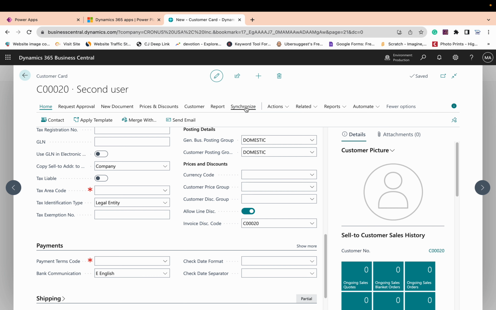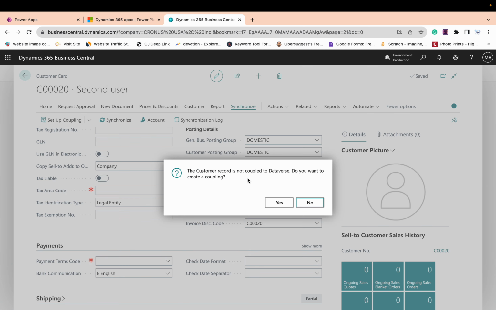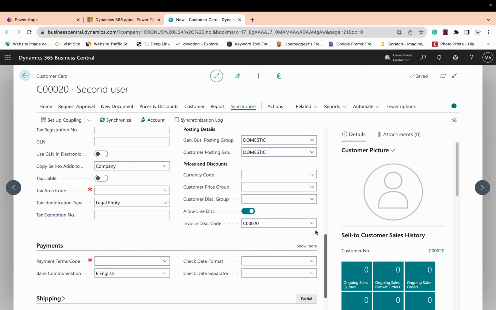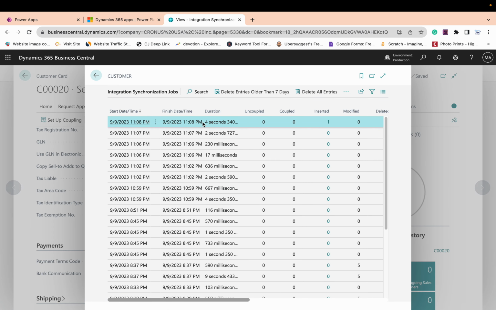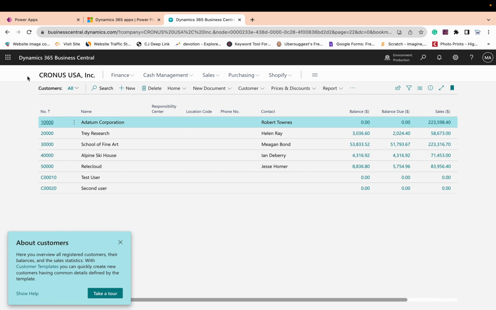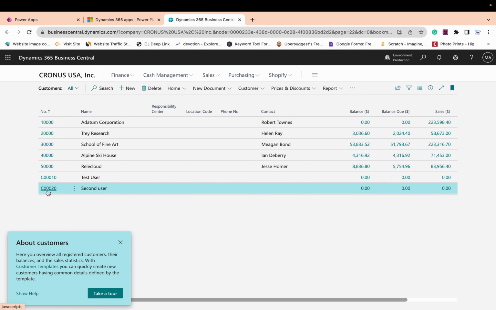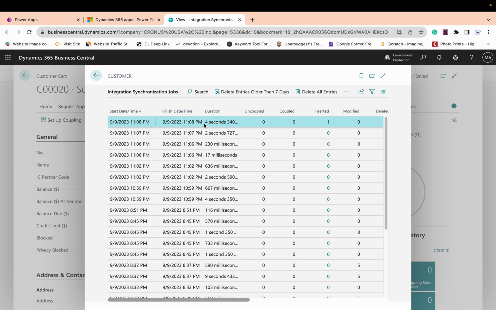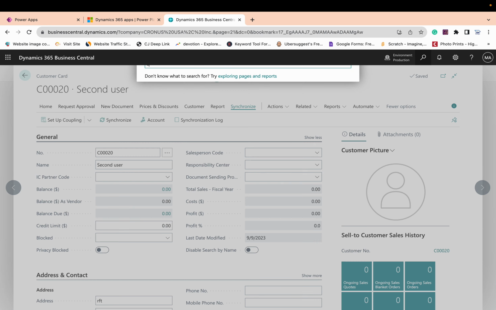Click on synchronize, yes, create new. Okay, you can see the log. Synchronization log. It is not running from here. I'm not sure why, but